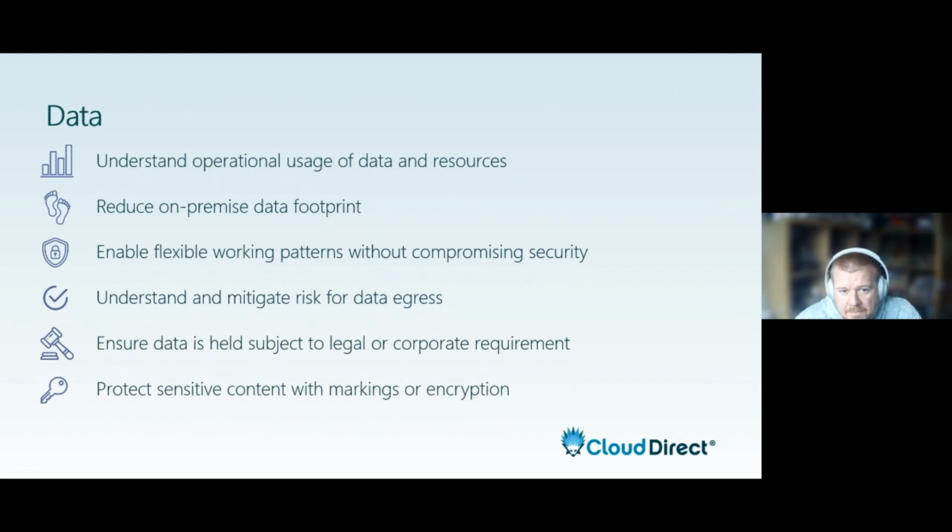In terms of our data pillar, we're looking to understand operational usage of data and resources and how people can utilize cloud to work better. So we're looking at flexible working patterns. We're looking at how we can allow people to access data from anywhere, but without introducing risk to the organization